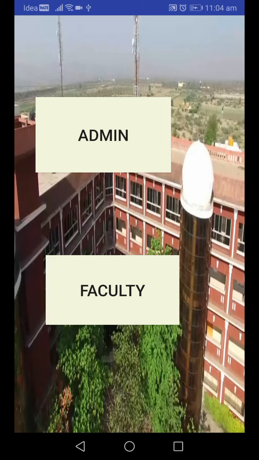The analysis is the study of various operations performed by the system, like add, update, delete, and search faculty details, and maintain relationships through the system. The faculty management system can be entered using a username and password. It is accessible by the administrator as well as the faculty members on their mobile phones.